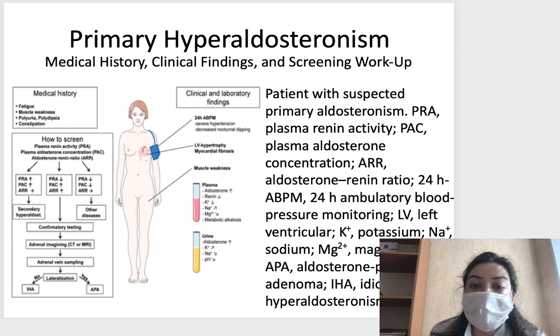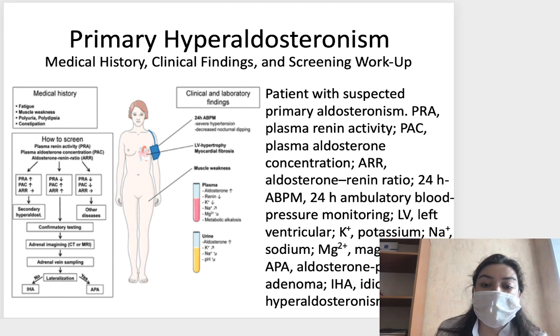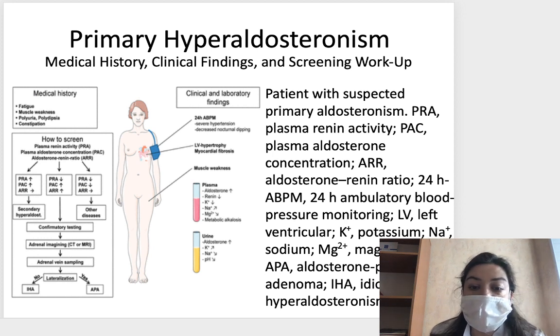We can check the aldosterone renin ratio, 24-hour ABPM, ambulatory blood pressure monitoring. We should check the left ventricle. We usually check levels of electrolytes like potassium, sodium, magnesium, and aldosterone, adenoma,